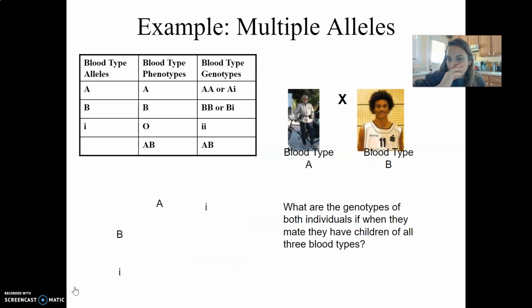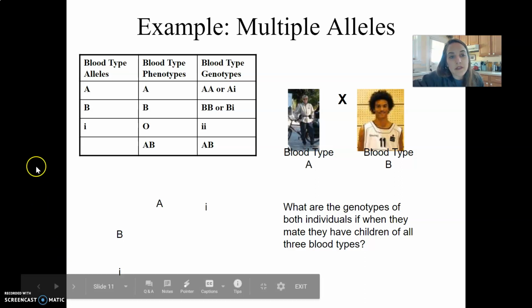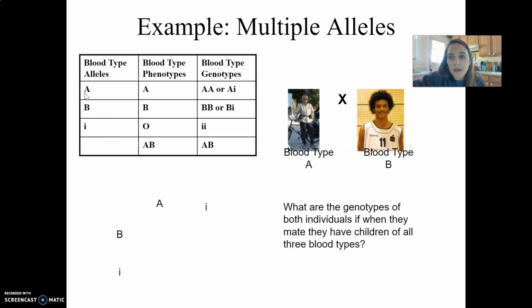But the way that this works when we talk about a genetics problem is that there are 3 possible alleles for blood type. There's a dominant A allele, there's a dominant B allele, and there's a recessive allele that leads to an O